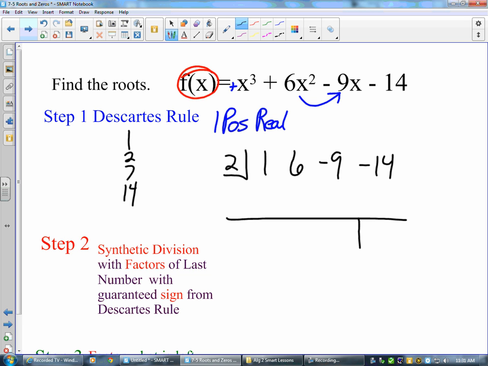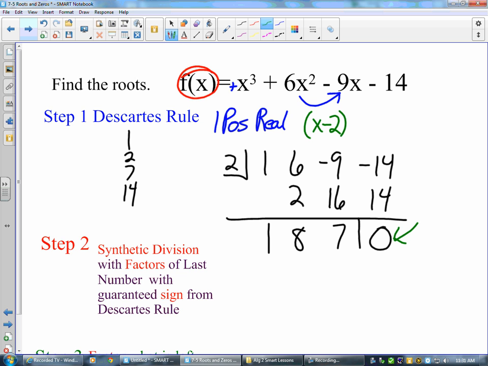So let's try it. Bring the 1 down. 2 times 1 is 2. Plus 6, 6 plus 2 is 8. 2 times 8 is 16. Minus 9 plus 16 is 7. 2 times 7 is 14. Minus 14 plus 14 is 0. Fantastic. That means with a 0 remainder, a factor of this is x minus 2